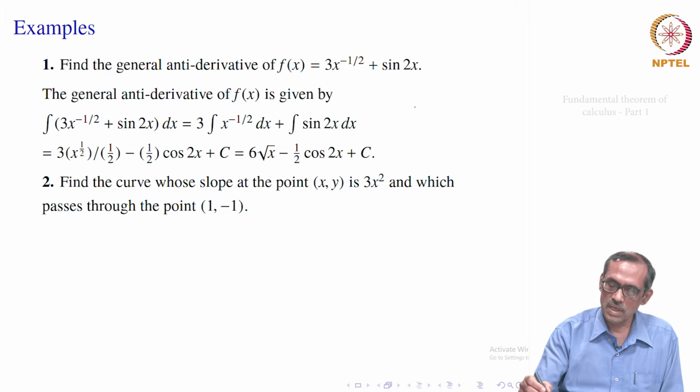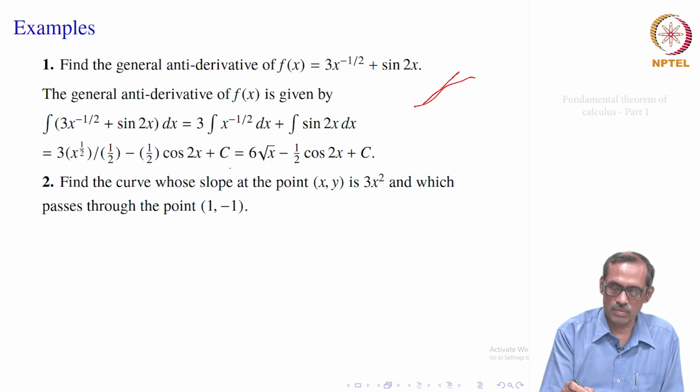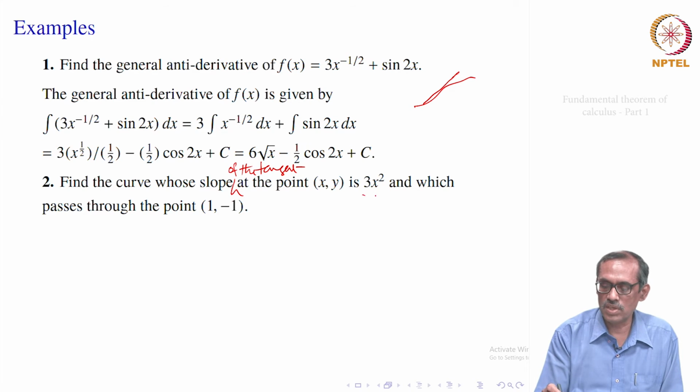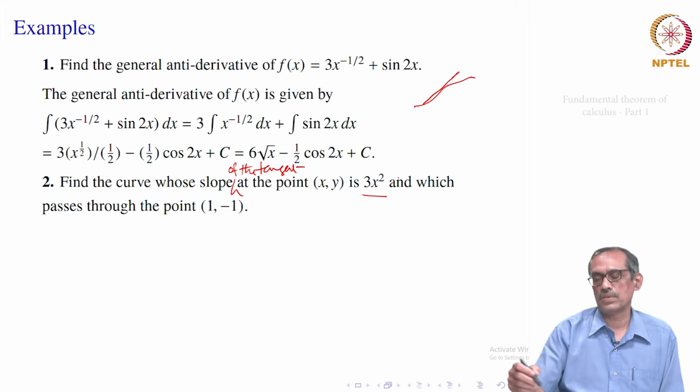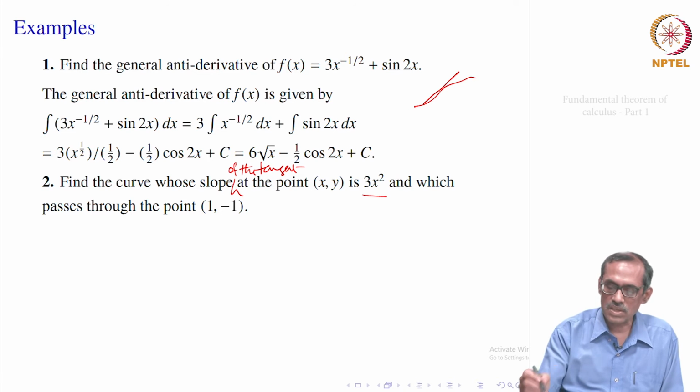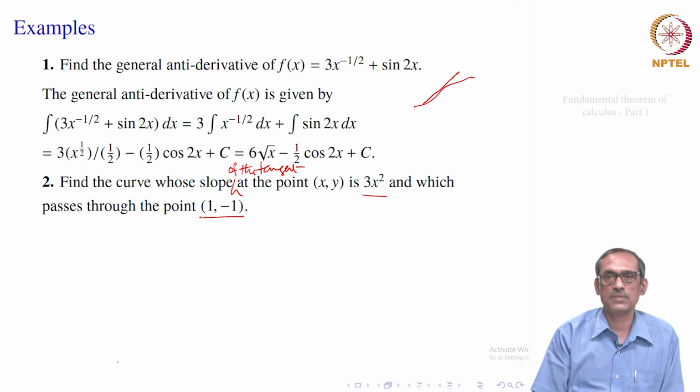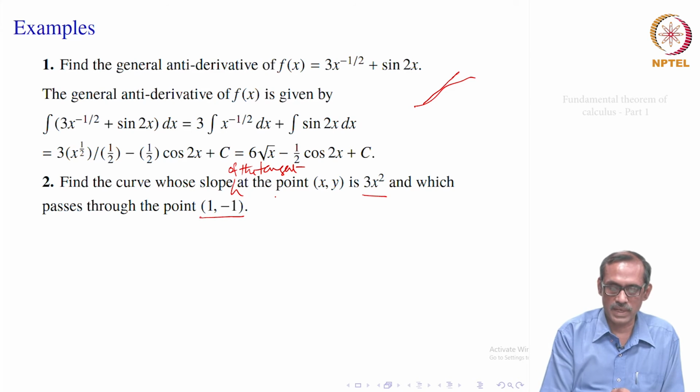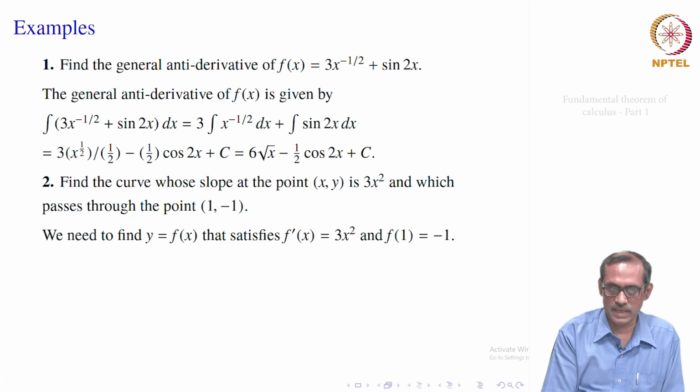So, that means if some curve is there, if you take that point x, the slope of the tangent at point x y is 3x square. It is varying of course as x varies, and this curve passes through the point 1 minus 1. So, it is really a differential equation we are going to solve, but this can be tackled because of our indefinite and definite integrals. So, what does it ask?